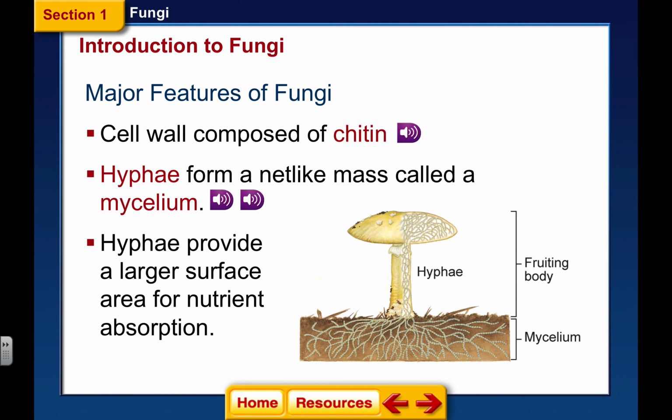All right, so the hyphae provide this larger surface area for nutrient absorption, which means all along the way, those hyphae are releasing enzymes into the environment. That's extracellular digestion, because they're digesting extracellularly, outside of the cell, outside of the body. And then the type of nutrition is going to be absorptive, because once that is broken down, they will absorb back into the hyphae all of the digested material.